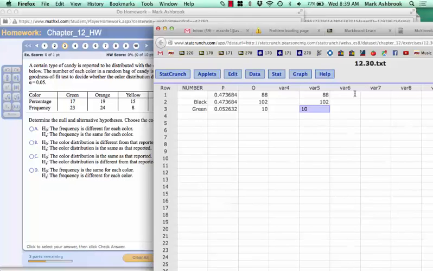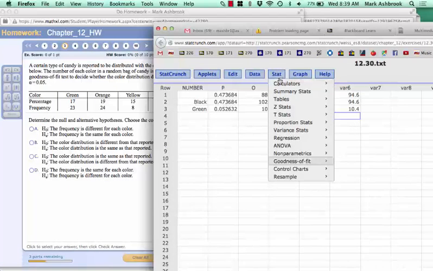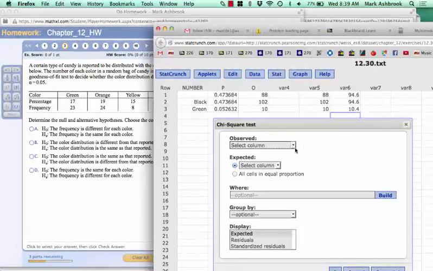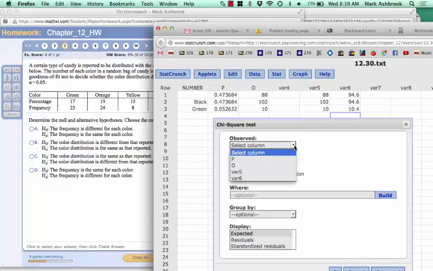Okay, so that was our sample, and what do we expect? We said 94.6, 94.6, 10.4. Okay, so when we go to goodness of fit, I hope those show up as possibilities. Let's see here. Our observed was variable 5. Yes. Okay, so now I put it in column 5. The observed is column 5. Expected. Oh, but the expected, I think they want